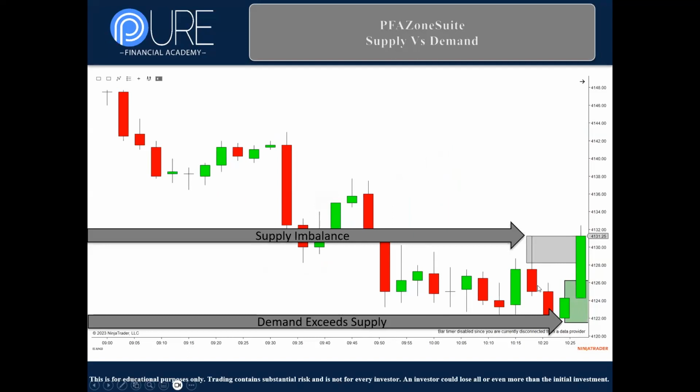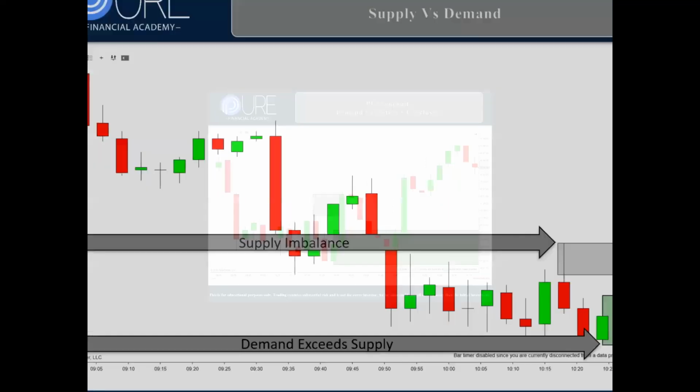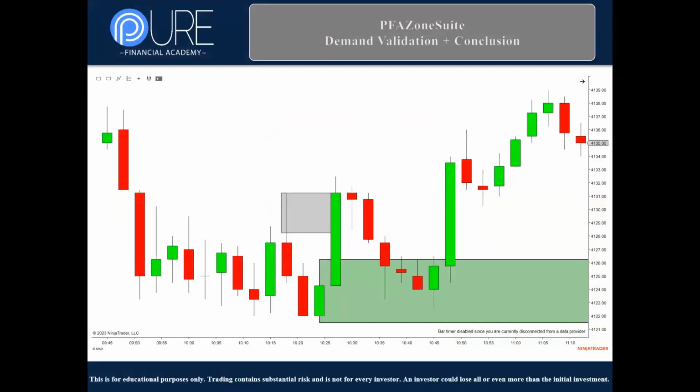And we won't go into all the details, but I would say it's important that we made a lower low there. Again, all of this is covered in our training and why we look at every single step of what we look for. So now we're going to get a larger view. We really need to see the validation as well as the conclusion. So we can validate that when the demand exceeds the supply, right? In other words, when the high of supply is wiped out, excellent. Now I know that the buyers have absolutely proven to me that the sellers can't contain them, okay? More buyers than sellers, in other words, all right?